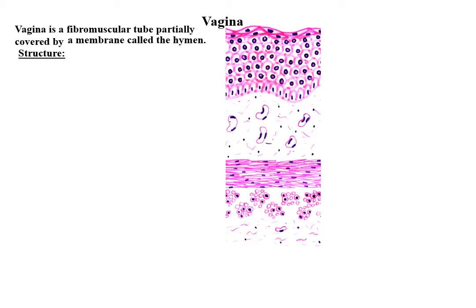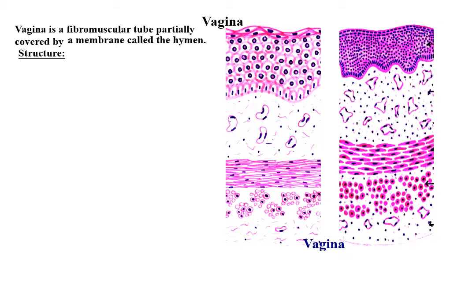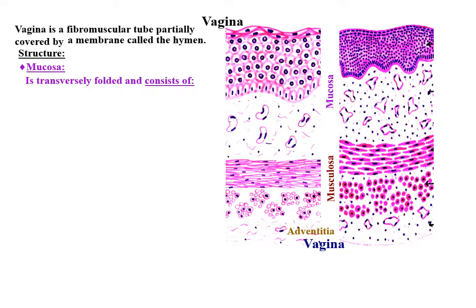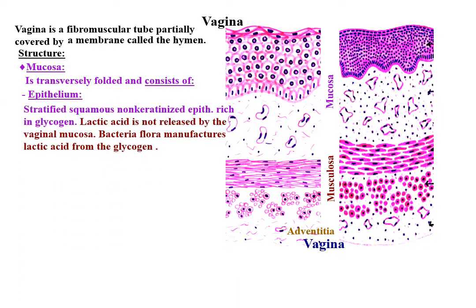Vagina is a fibromuscular tube partially covered by a membrane called the hymen. Structure: vagina consists of 3 layers: mucosa, musculosa, and adventitia. Mucosa is transversely folded and consists of epithelium, stratified squamous non-keratinized epithelium rich in glycogen, which when released the cells